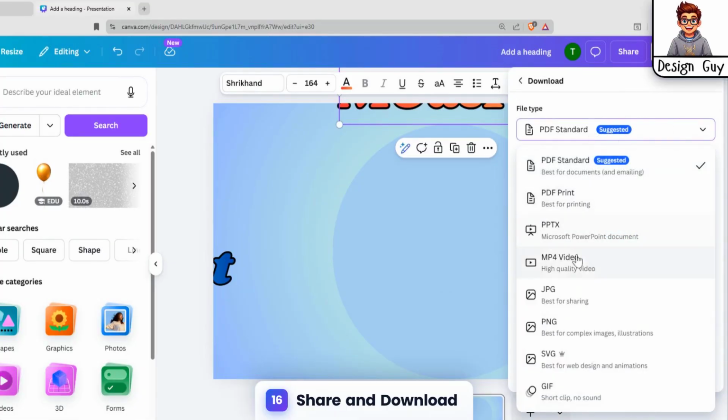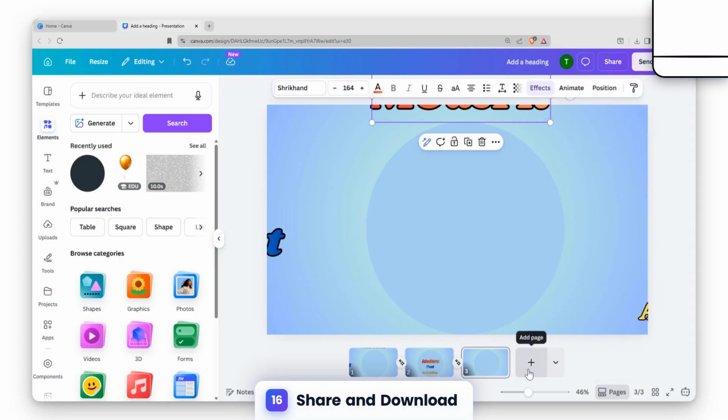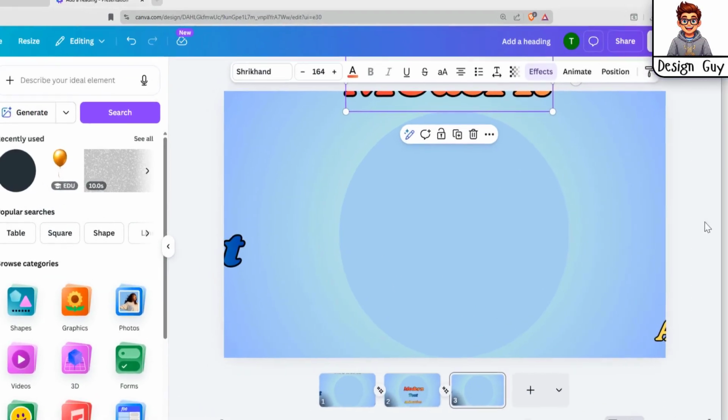This gives you flexible options for sharing or presenting your content in different formats quickly and efficiently. Make sure to choose the correct format before downloading for the best results. Now you know how to